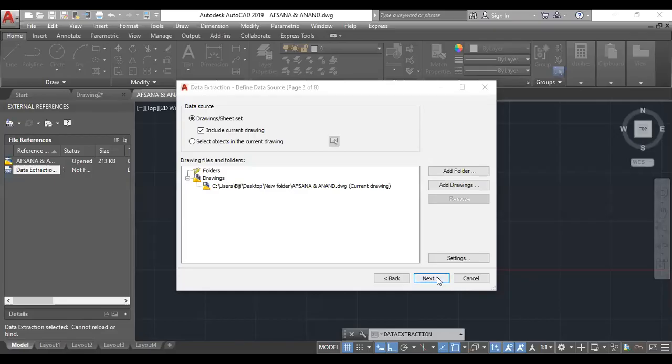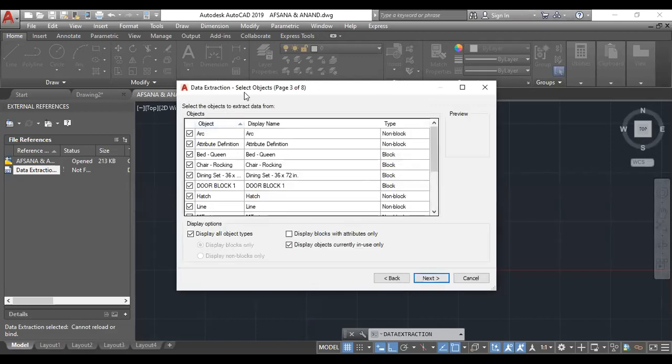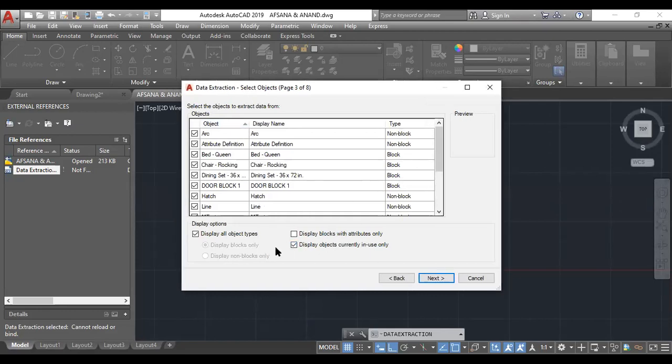Again, click on next. So the file is loaded for data extraction. Then we will get options like this. From this, there are display options. Some display options are there. We can display all the object types. Then we can display blocks with attributes only.